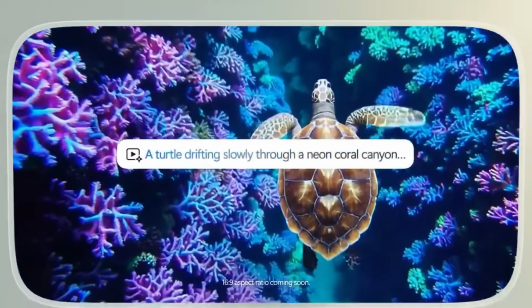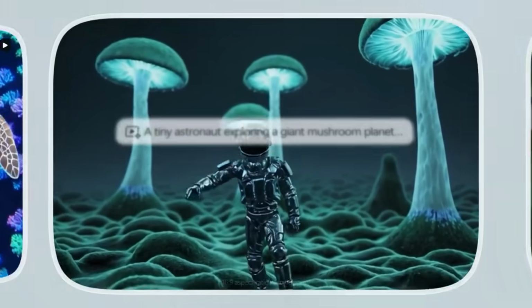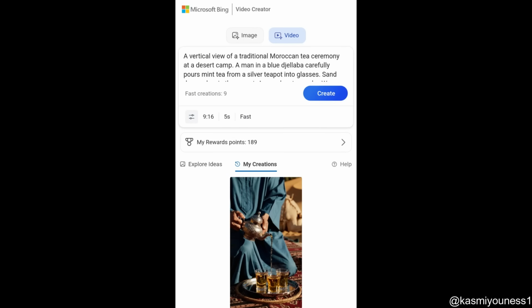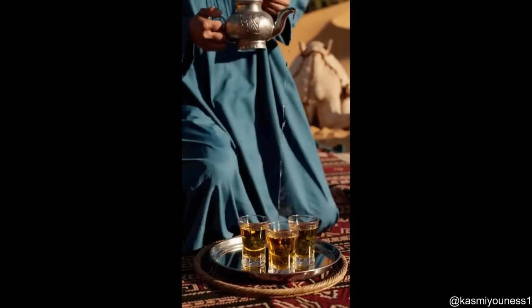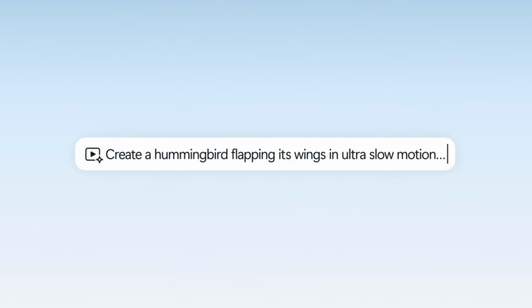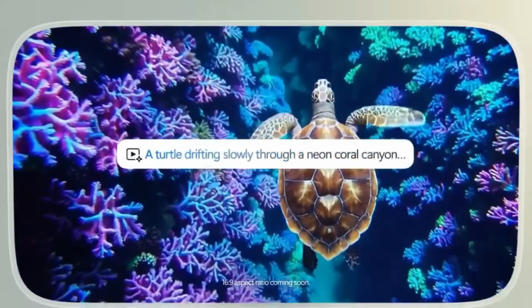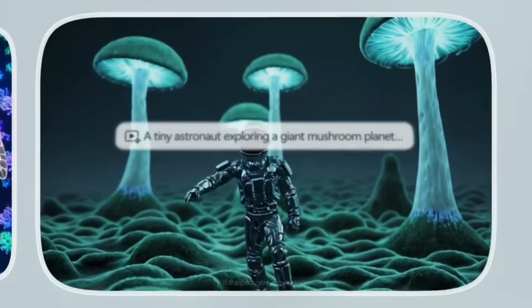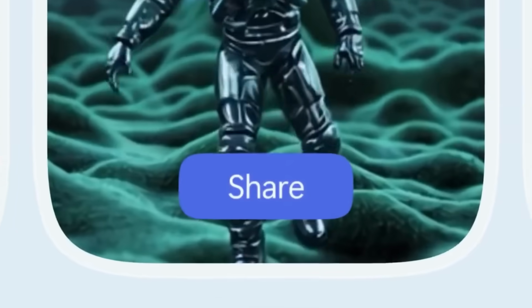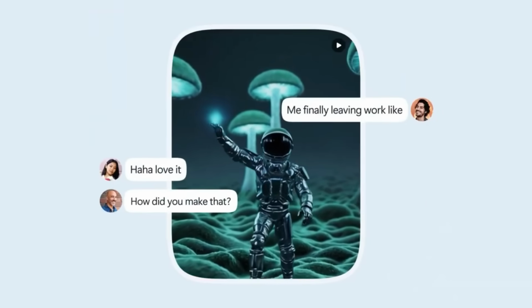This currently only works for the mobile app, so you can't just go onto their website to generate videos. And once you've downloaded the app, notice that it can generate 5-second videos and only in a vertical 9:16 format. So this is mostly ideal for social media. You can't generate horizontal videos with this yet, but it is planned for the near future. Each user can generate 10 fast generations, which only take a few minutes to generate, and after you use up those 10 generations, you do get unlimited generations at the standard speed, but this might take hours to process.